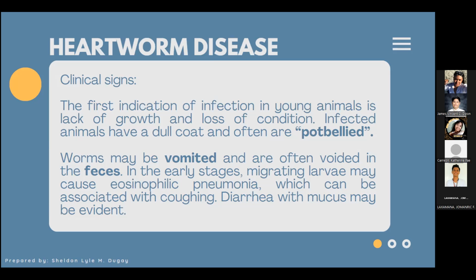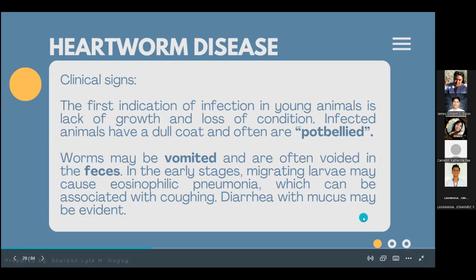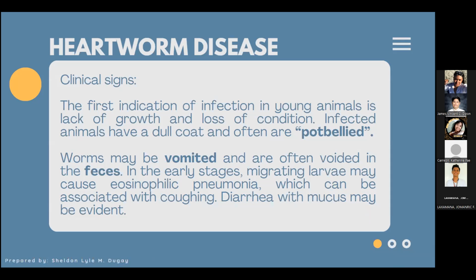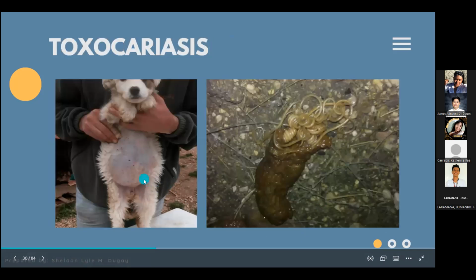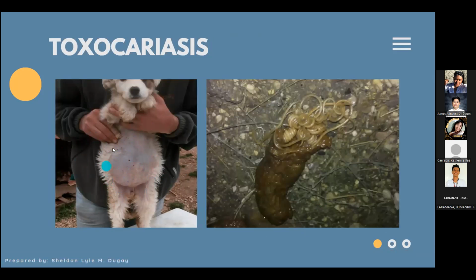In the early stages, migrating larvae may cause eosinophilic pneumonia, which can be associated with coughing, and diarrhea with mucus may be evident. Ayan, ito yung pot belly na sinasabi ko. So, makikita natin, sobrang laki nung tiyan, tapos puppy siya. So, kung hindi siya na-deworm, kung hindi regular yung deworming, hindi updated yung deworming niya, ng isang puppy, most likely